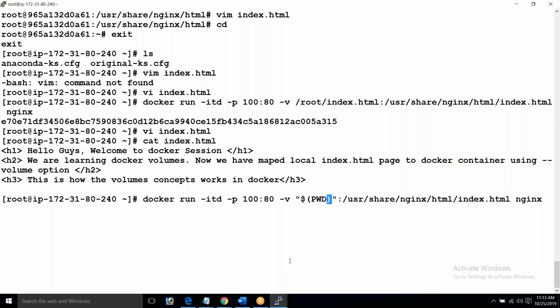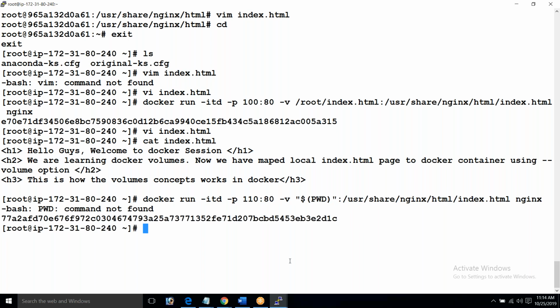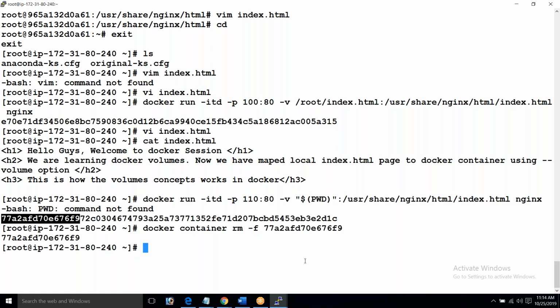$PWD. What is that? Present working directory. And I will change the port to 110. Bash not found. Oh, it gave an error. Let me remove it. Docker container rm -f. Okay.